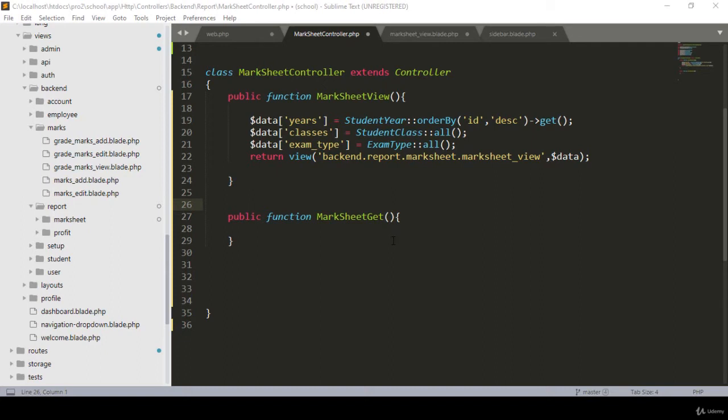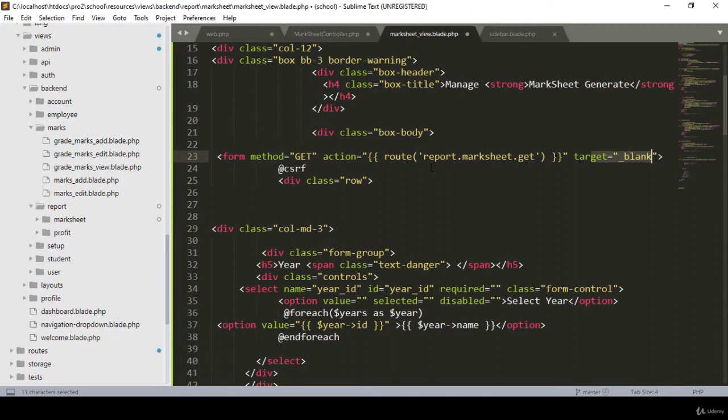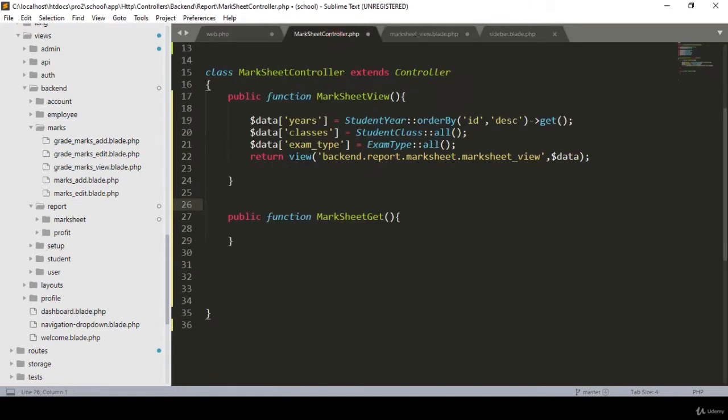Hello friend, welcome back. In our previous video we created a route, and here you can see that I have created the route as a report Marksheet get, which is a get method, and I also put in a target. That means right now I want to get all the data, and we have to get it